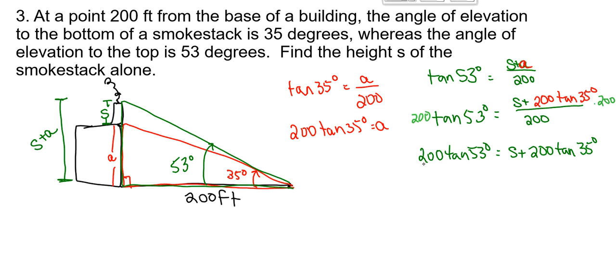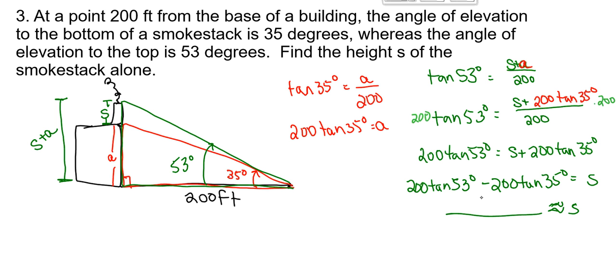And by doing it this way also, I haven't gotten partial answers and rounded things so that I lose some of the integrity of my problem as I go. So when I subtract that, I'm going to get 200 tangent 53 degrees minus 200 tangent 35 degrees equals. And then just using a calculator to figure out approximately how tall that smokestack is. If you want to pause this and try that, go ahead. Otherwise, it's